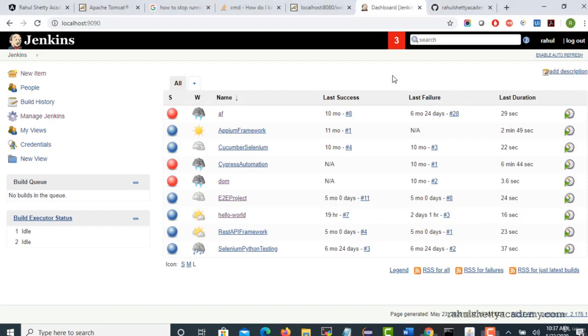Welcome guys. So I will quickly create one new project in Jenkins. I'm not going into details of how to install Jenkins, because from the next section we will install Jenkins from scratch in Linux, and there are different things which you need to know there, and everything I will explain in detail. In real time I am sure that 99% of the time people